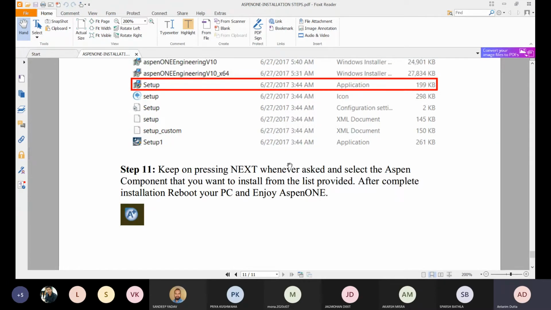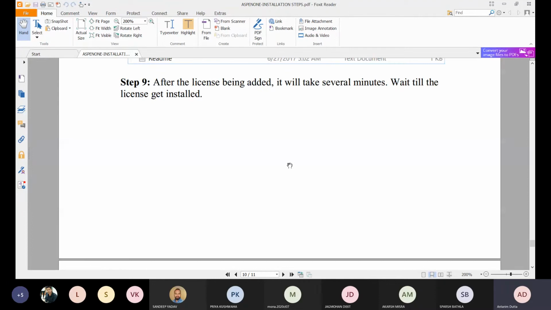Okay, so I hope this particular thing is clear to all of you, and this PDF has already been added to the MS Team group. So once you download your software, follow this procedure step by step. And in case you are feeling any sort of difficulty, you can ping me on WhatsApp, or ping me in the group as well. I will be there to help you out.